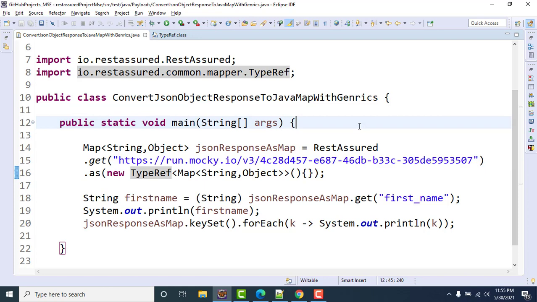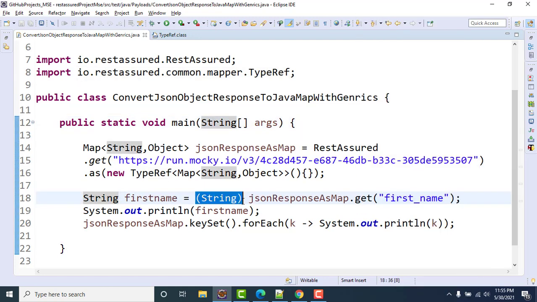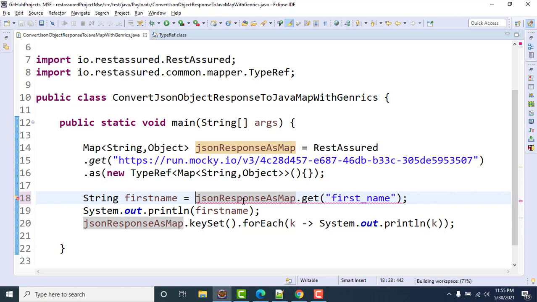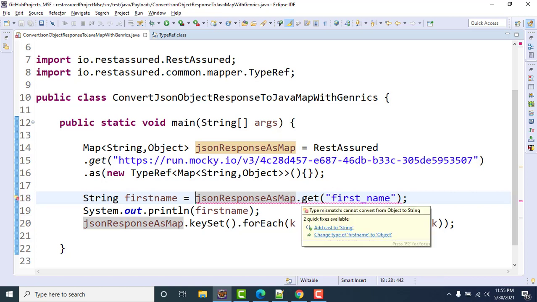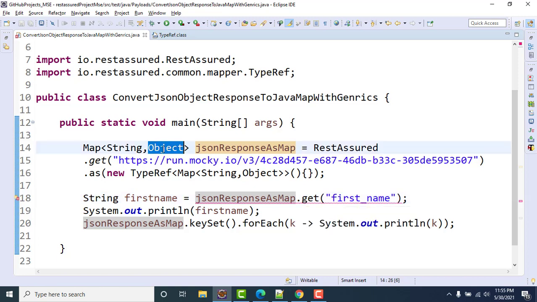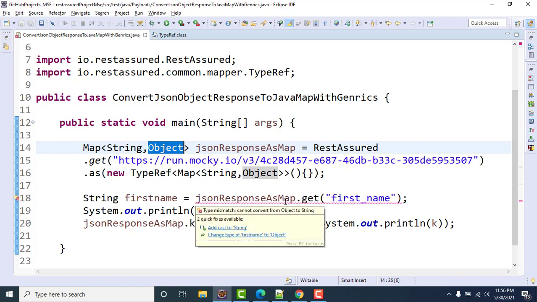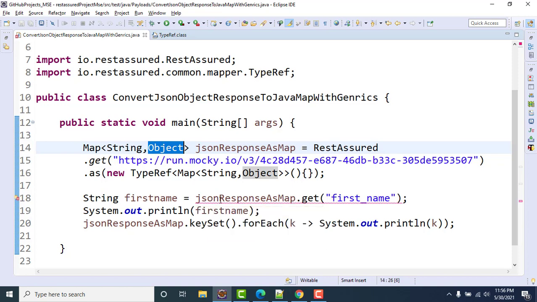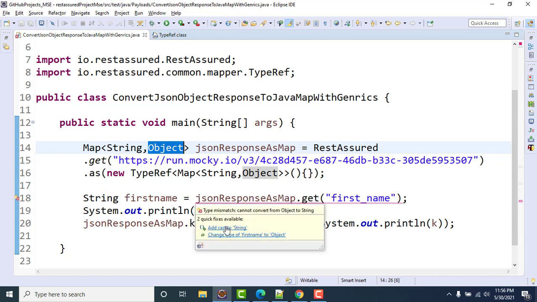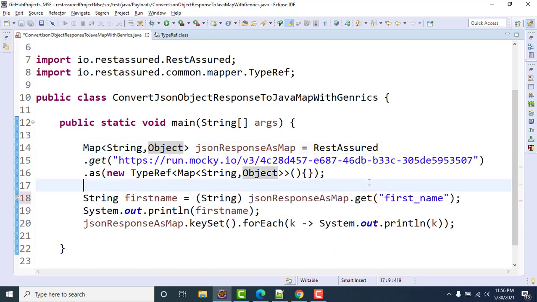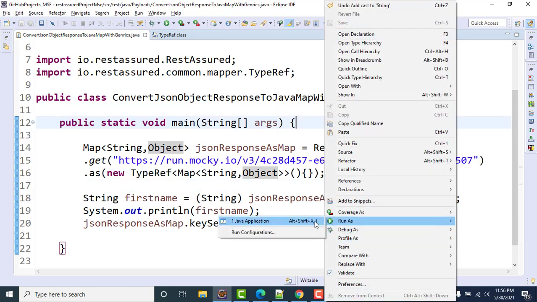Now you can run the code. Remove this one. Once you remove it, it will return the value. I have cast it to Object, which is the superclass of all the classes in Java. So when we get this value, we don't know which type of value it has, and we are converting it directly. That's why Java is showing the compilation error. It is showing that we need to convert it to whatever type we have. Now if you run it, it will work perfectly fine.